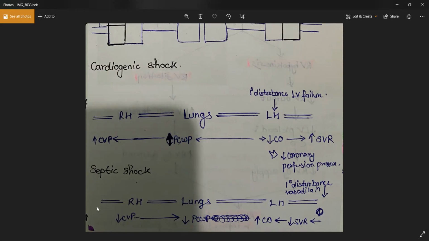Because of the venodilation, you're actually having a loss of central venous pressure. The preload will be decreased because of the pooling of the blood. And as a result, the pressure in the right heart will be decreased. If the pressure in the right heart is decreased, the pressure in the lungs will also decrease, which means the PCWP will always decrease. So you have a reduced systemic vascular resistance, you have a reduced central venous pressure, you have a reduced preload, you have a reduced PCWP,